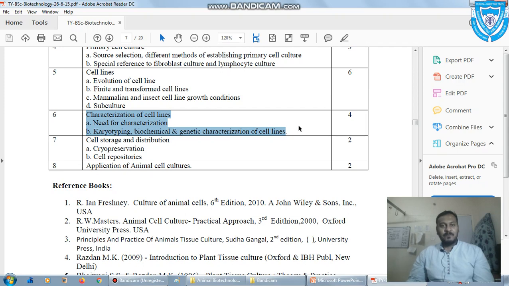Because characterization means knowing which specific cells are growing inside the flask. Suppose some nutritional factors change, or in the experimentation you change some nutritional values that we provide to cell lines. Of course there would be an impact on the cells in the future, the prognosis is completely different, and we are going to check that with the help of different characterization methodologies. This is the need for characterization: we need to understand which cells we are growing and what the property of those cells is.